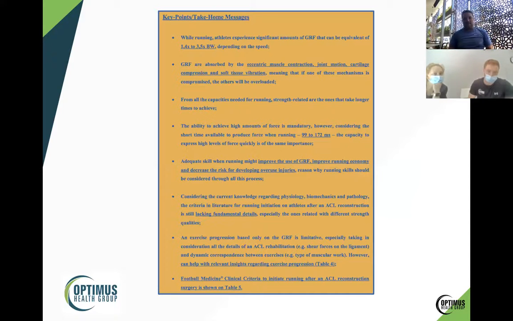So the key take-home messages from this one today is that the ground reaction forces are really high in running. You need to be aware of which anatomical aspects are being loaded, and usually in running, it's all of them. You know, it's ankle, knee, hip, lower back, plus everything that connects to it. The strength-related capacities are the hardest ones to develop, right? And this is why